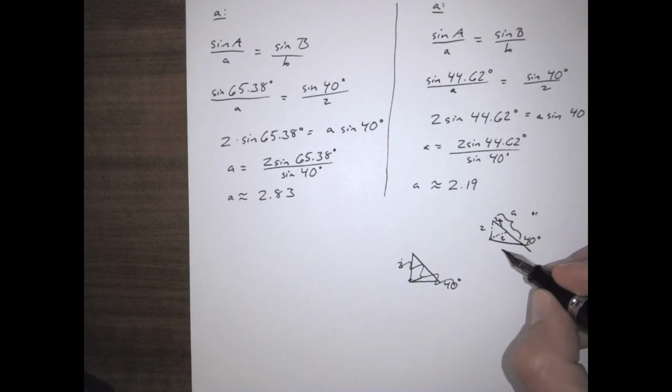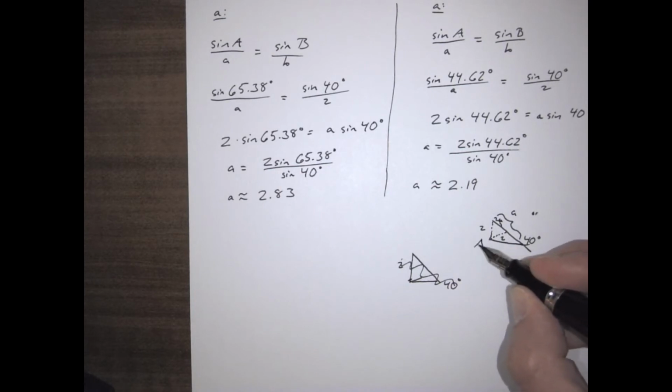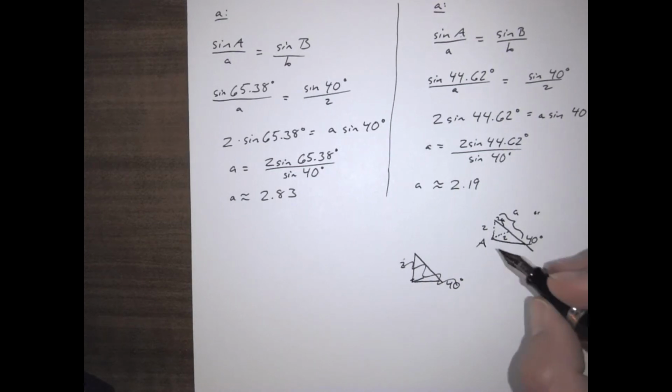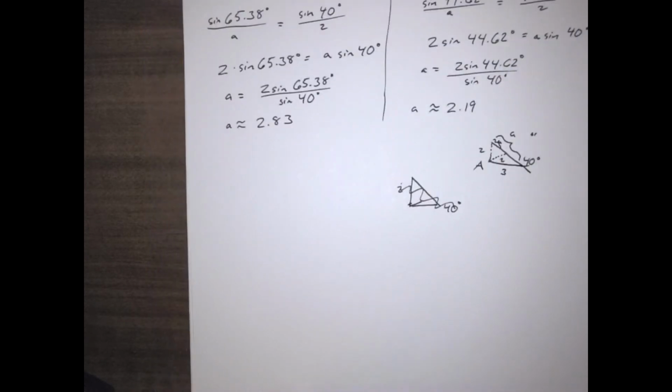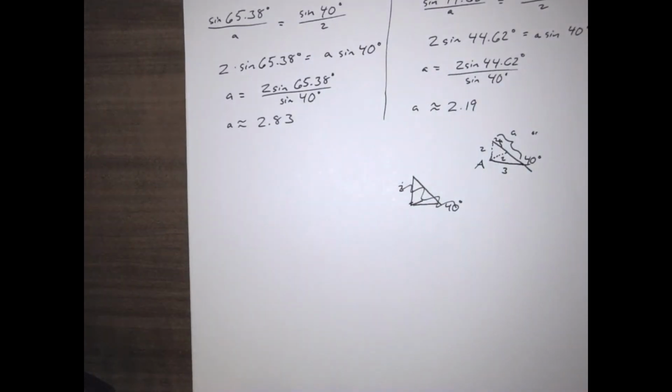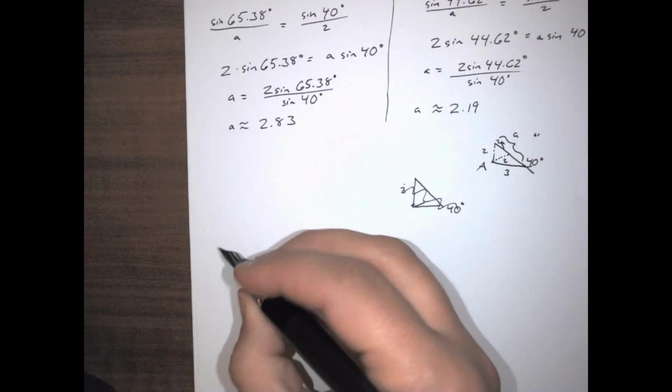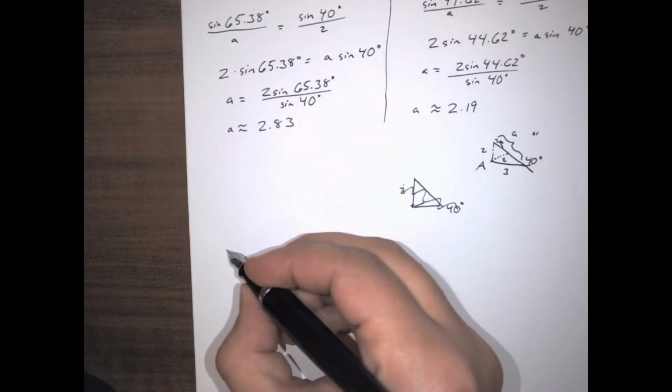And then this over here is capital A, which is one of those two values, either the bigger or the smaller. And then over here is obviously the side C. So we have two different possibilities. Two different triangles can emerge here. All right. So then the two possibilities were